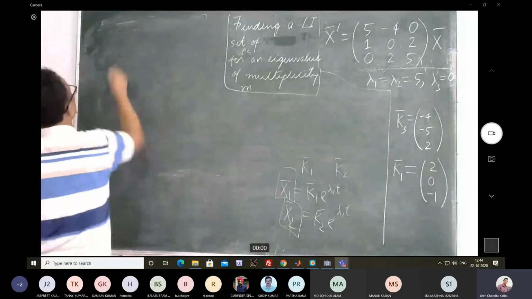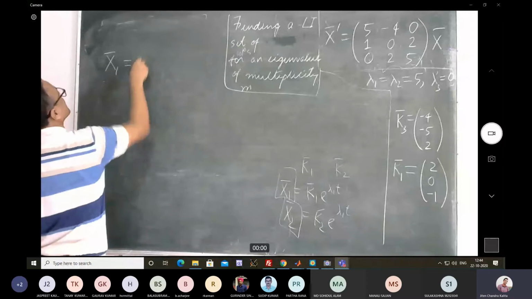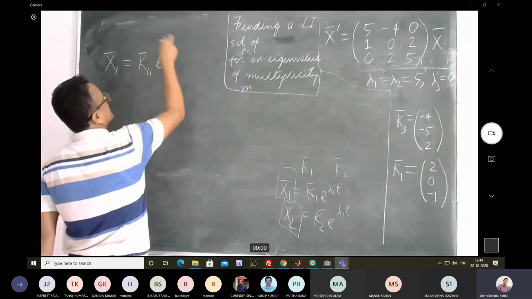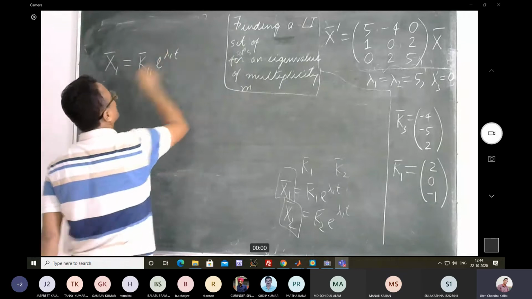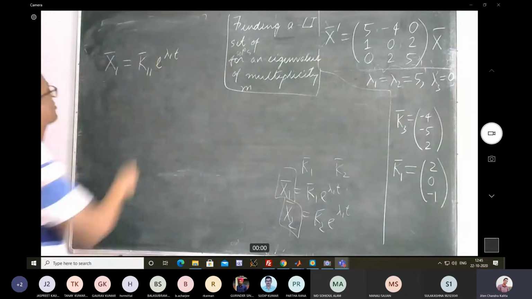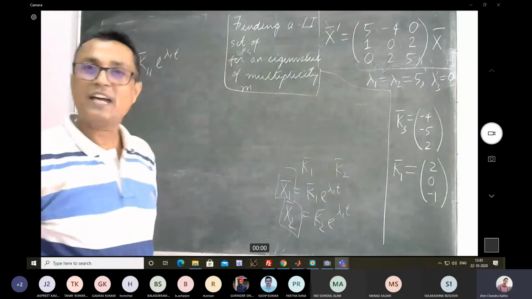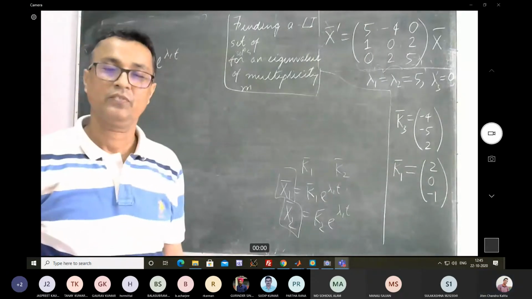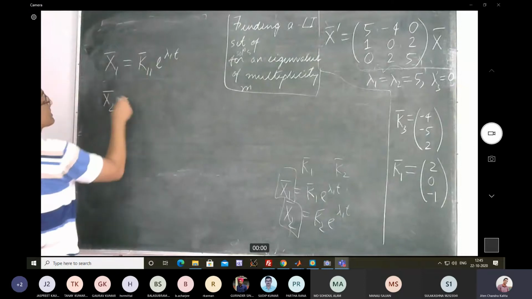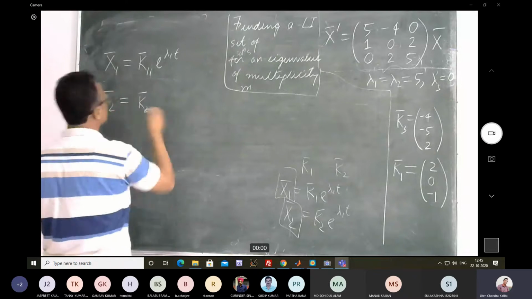So like x1, the very first one, suppose that eigenvalue was lambda 1. Once I find the single eigenvector corresponding to lambda 1, I can always write out my first solution vector as that. Is it okay? Fine. The second solution vector, because this is a repeated root, I am going to write it as